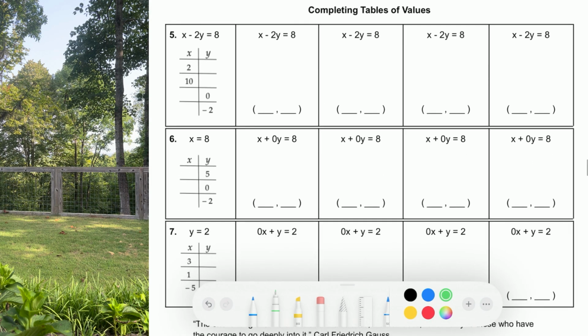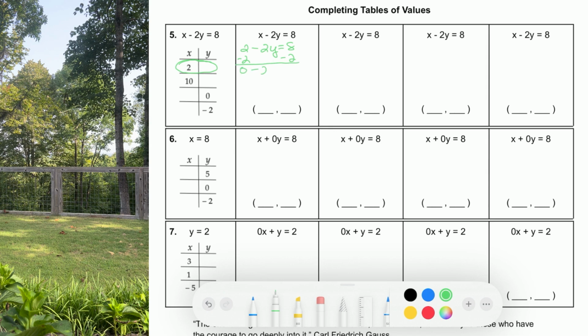All right, so now we're going to look at completing tables of values. In your homework, quizzes and tests, you'll have where they give you a whole table of coordinates, and then they'll want you to find the missing parts of that table. So our first one we're going to look at is right here. They give us the x, we're looking for the y. So I'm going to plug in my x. I have 2 minus 2y equals 8. Subtract 2,